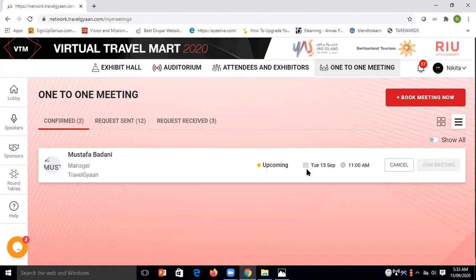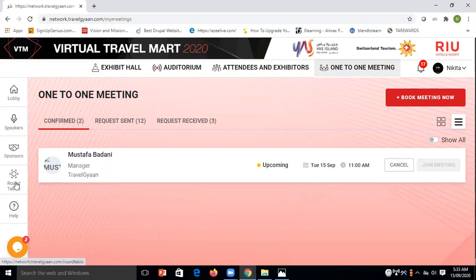And at the time, on Tuesday, 15 September at 11 a.m., this widget would turn green and I can click on it and enter my meeting room. Similarly, the person on the other side would see his dashboard and he will be able to enter the meeting room. This is a private one-to-one meeting. So this takes care of all the pre-assigned meetings that you have requested from your exhibitors.